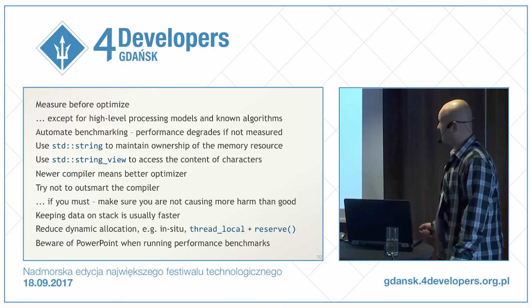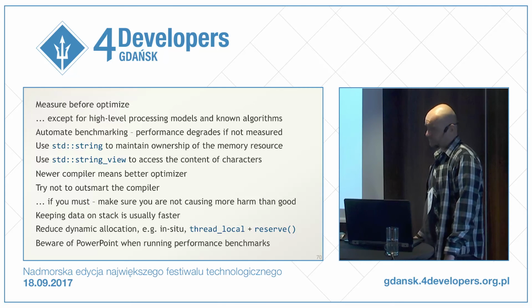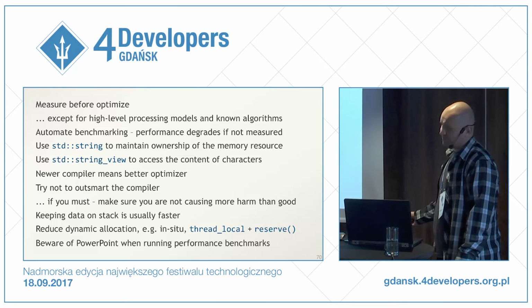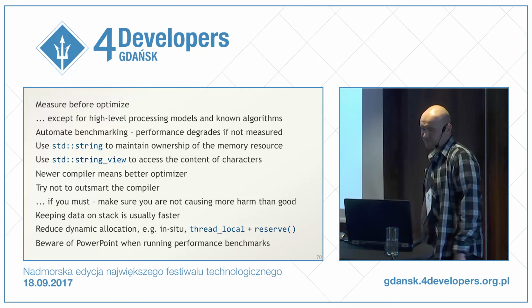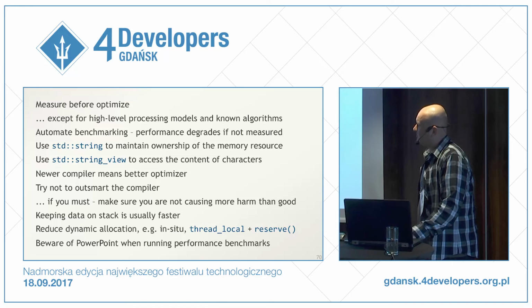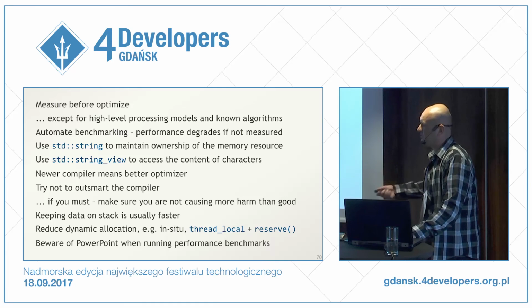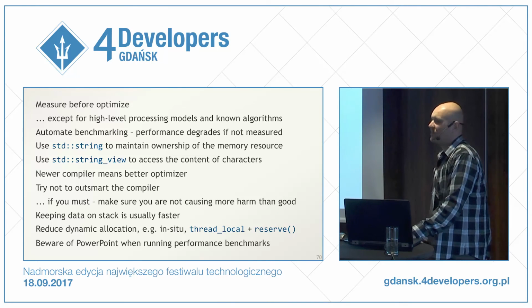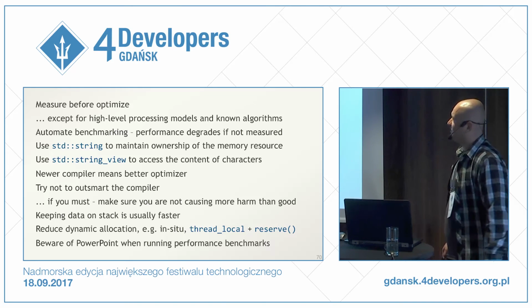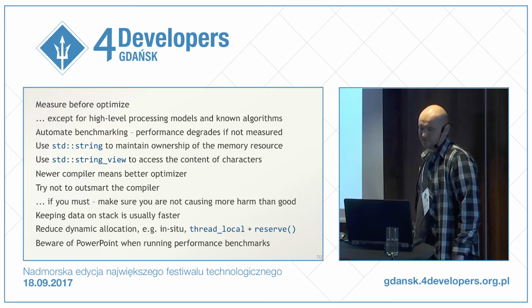Newer compilers mean a better optimizer. It's interesting because for those samples I ran the code using, let's say, Visual Studio 2017. Microsoft releases new updates every few weeks, and as I automatically installed those updates, I saw performance increase in some of those test samples. So it is always a good idea to have that update than not having it.